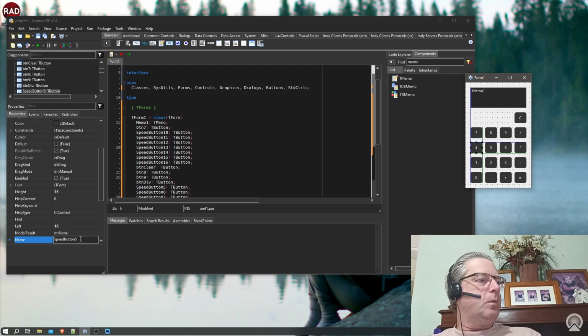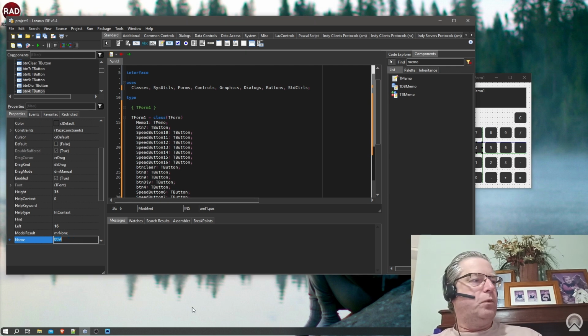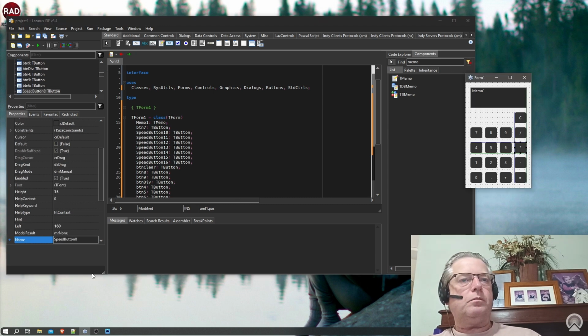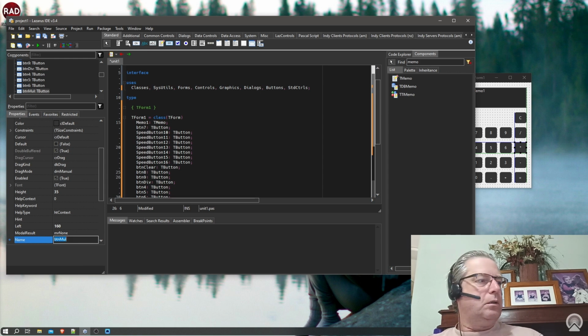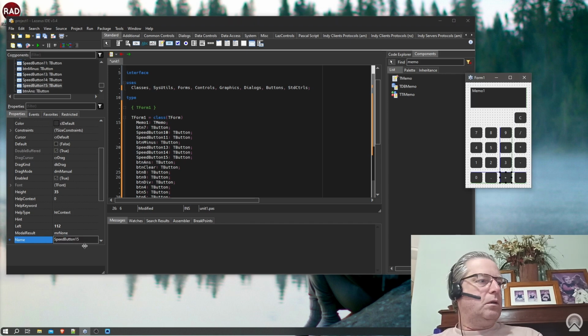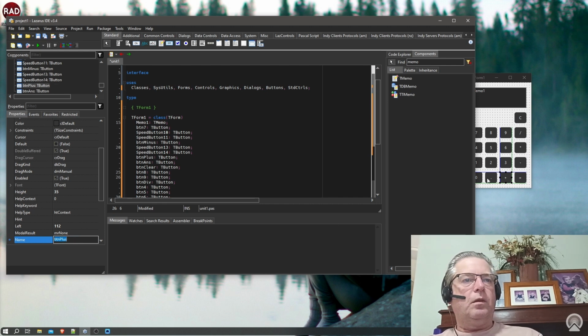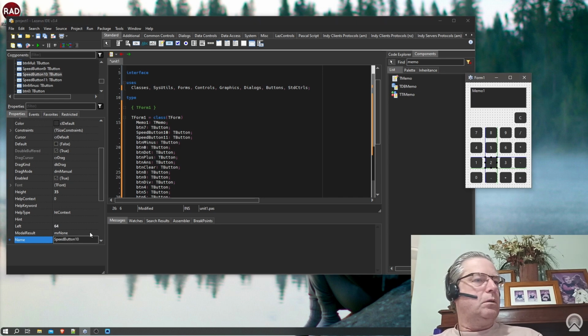tab order as well. So Button4, Button5, Button6, ButtonMul here, ButtonMinus, and so we'll call that one ButtonPlus, ButtonDot, Button0. Now that one, nope, Button2,